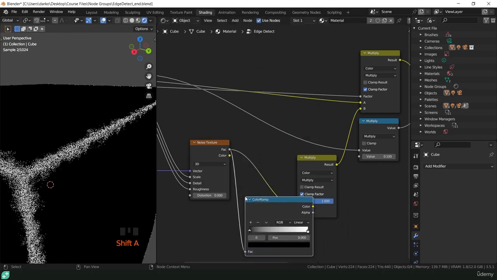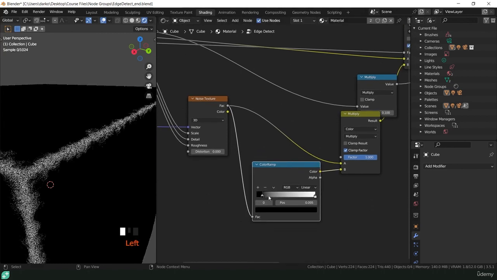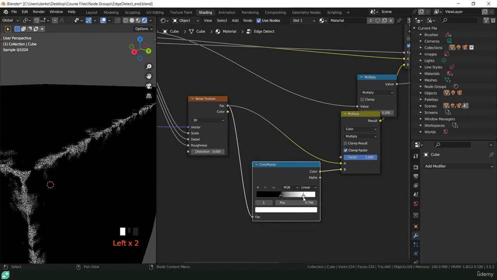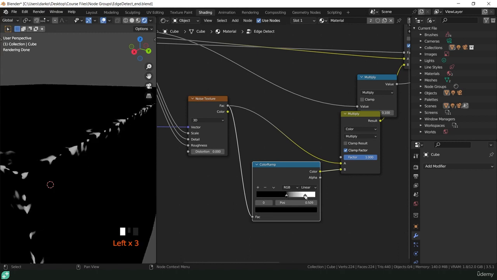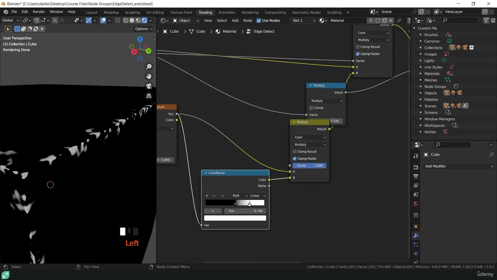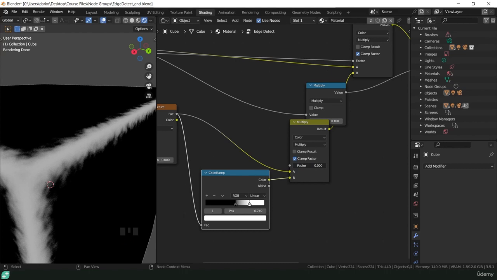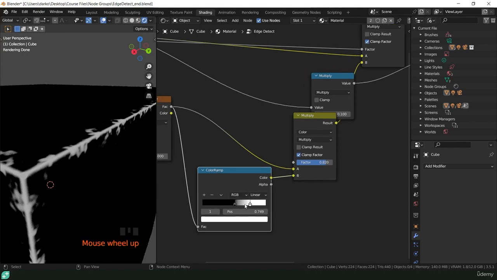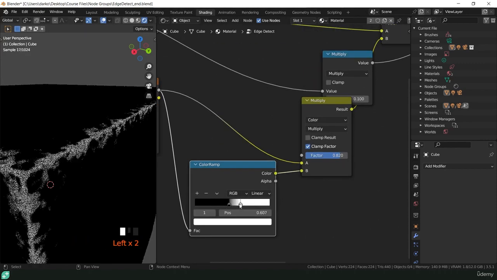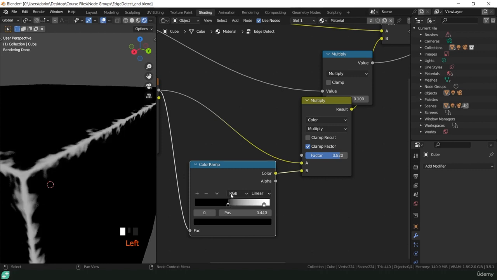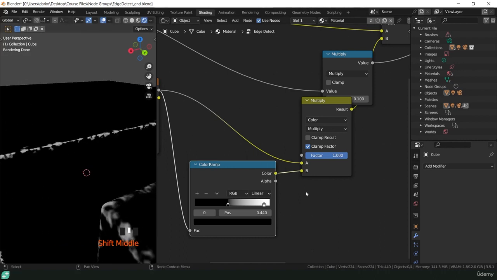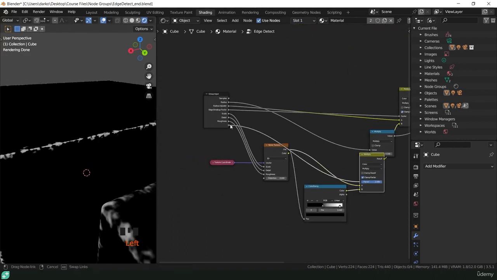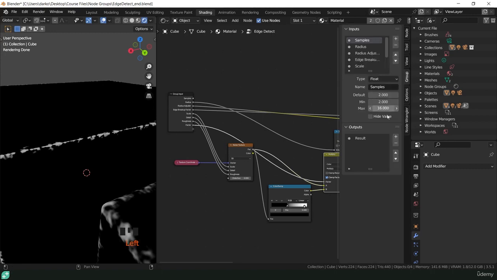But if we take a color ramp node, put it into this second slot, and we just change these values down a little bit, we can start to get a kind of chip effect here. So what happens here is now we have a second factor. So we have our regular edge breakup, and now we have our chipped edge breakup. The same noise texture has been used here, so our detail, our roughness, our scale, all still come into play, but now we have a little bit more control to add a kind of more chipped edge and not just a solid white line. So let's take this factor, plug it in here,